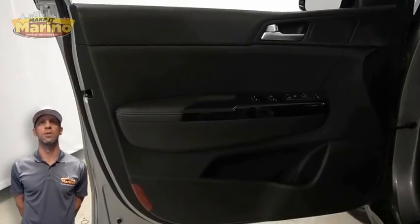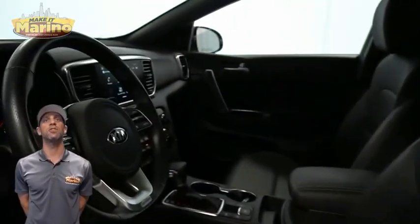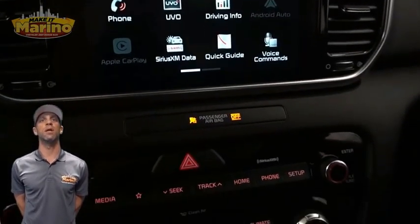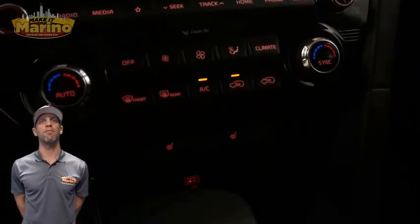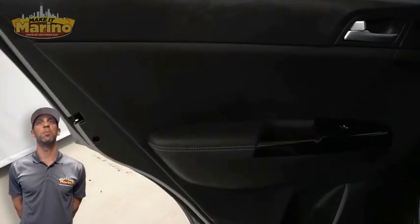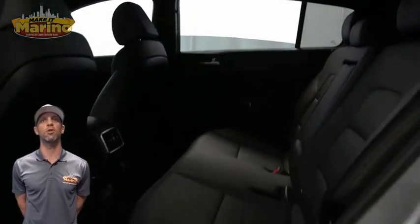audio controls, only 15,000 miles on the odometer, an 8-inch touchscreen display, a rear backup camera, dual zone temperature control, drive modes function, split folding rear seats, a dual pane panoramic sunroof, all powered by a 2.4-liter 4-cylinder engine, and